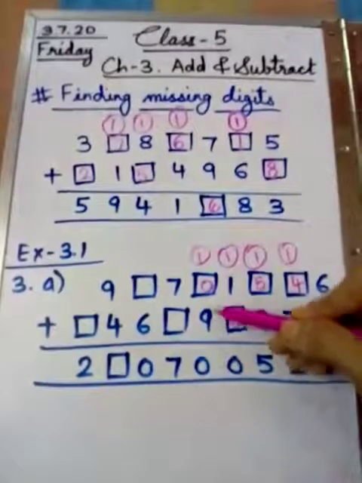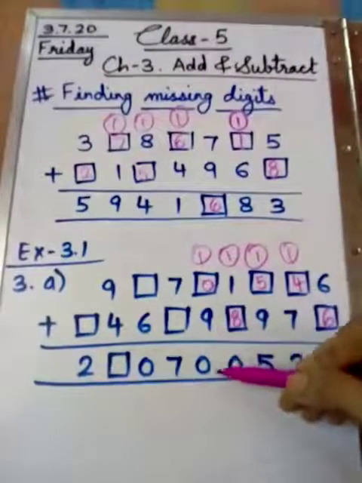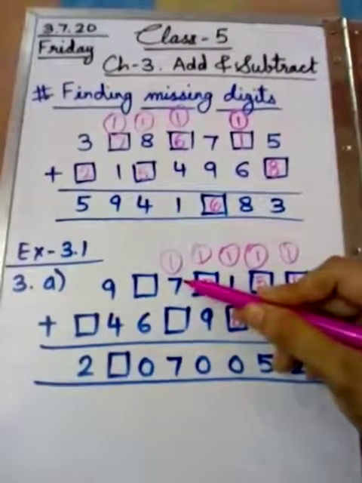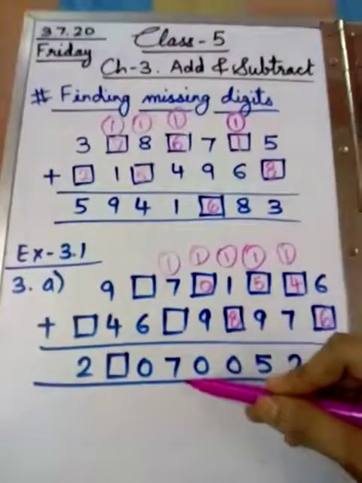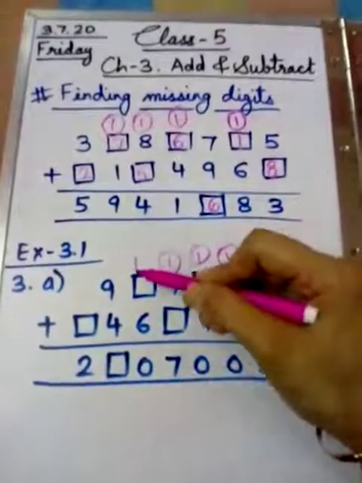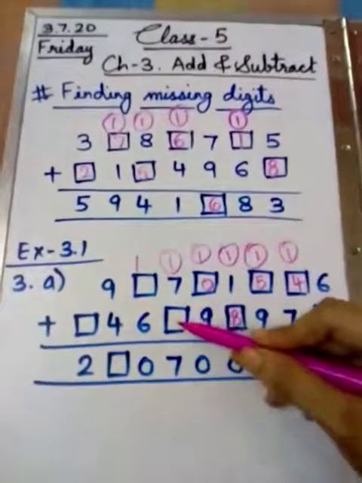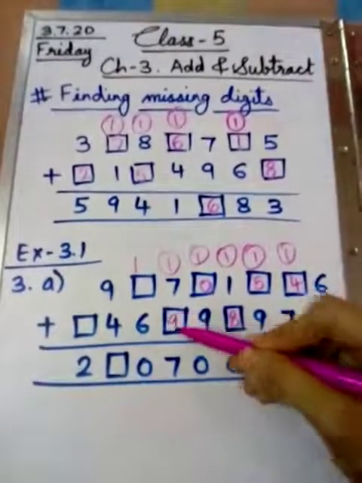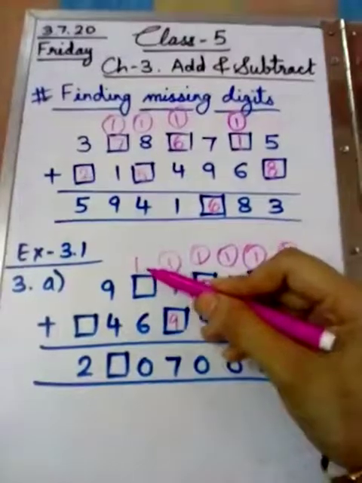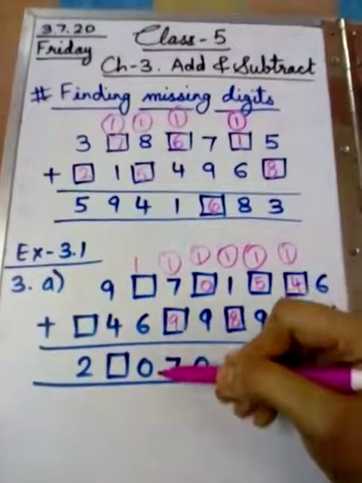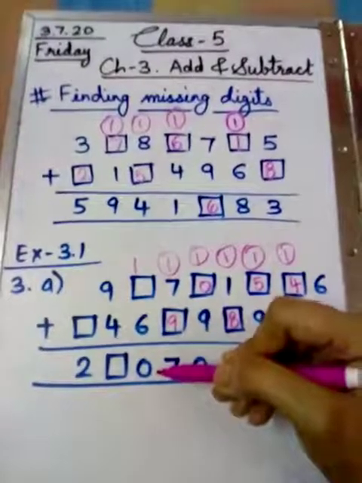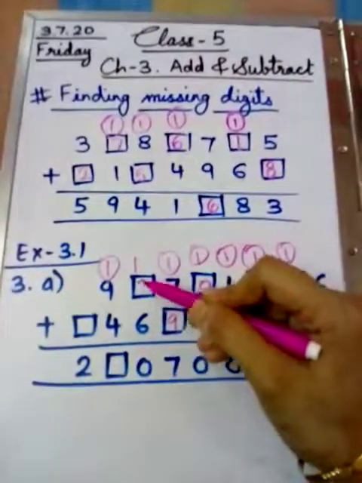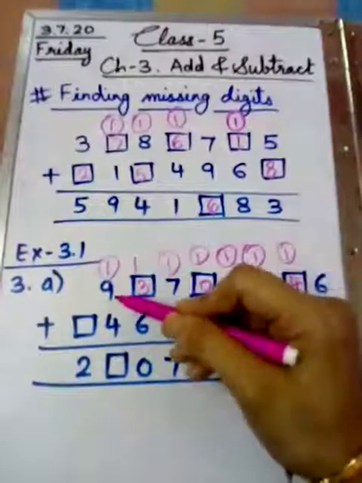1 plus 9 is 10. 10 plus 0 is 10. 0 down, carry 1 to the next place. 1 plus 7 is 8. 8 plus what is 7? Is it possible? No. So it must be 17. So for getting this blank number, 17 minus 8 is 9. Now moving to the next place, 1 plus 6 is 7. 7 plus what is 0? 0 means 10. 7 plus what is 10? You are right, 3.